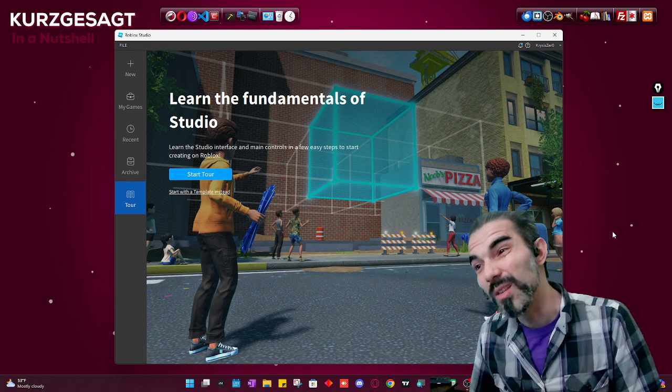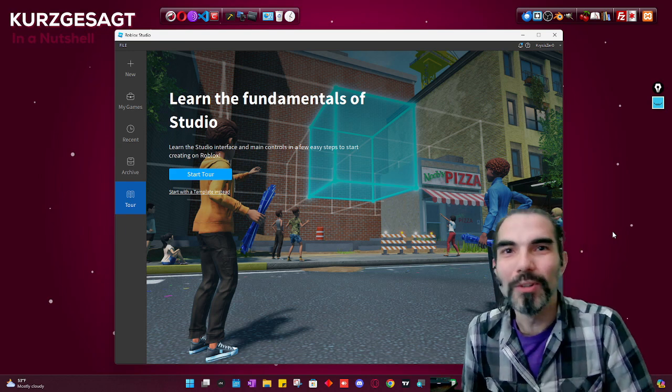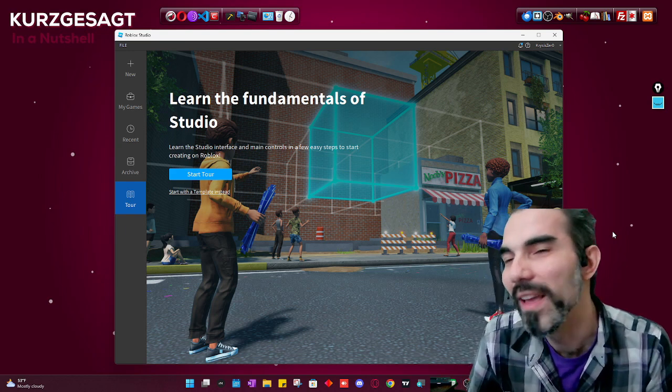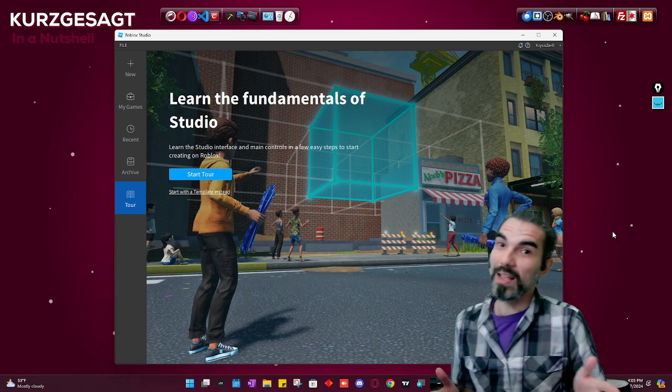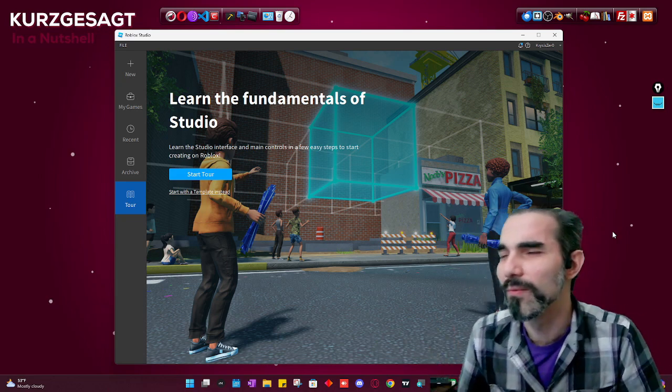This isn't your typical kiddie stuff. This isn't just creating a cute little fancy wing that you can attach to someone, which you can do too. You can make them animated, whatever, and then you can sell them for Robux.